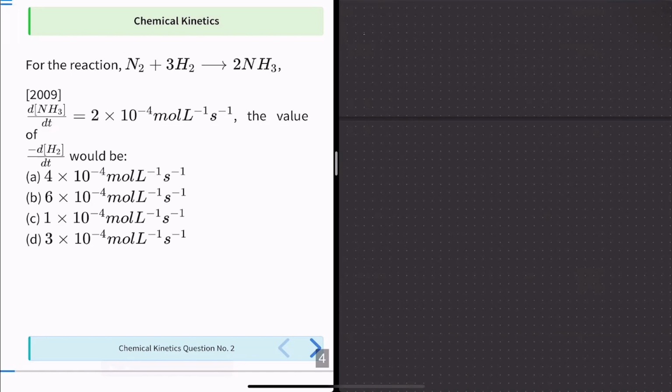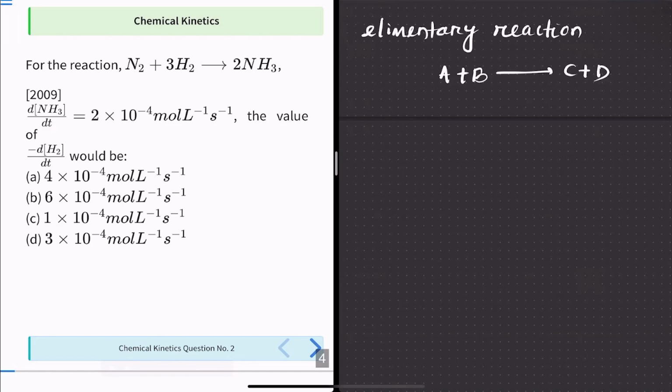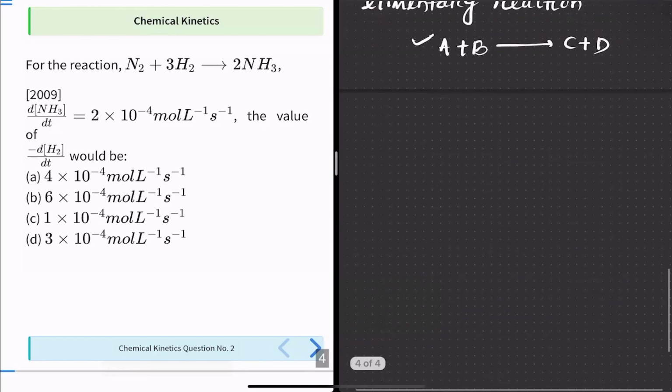Let's suppose an elementary reaction, given as A plus B equal to C plus D. Rate of reaction in layman language would be the production of product with respect to time and the consumption of reactant with respect to time. But in the rate law equation, we write differently. Let's see how. A plus B gives rise to C plus D. If we need